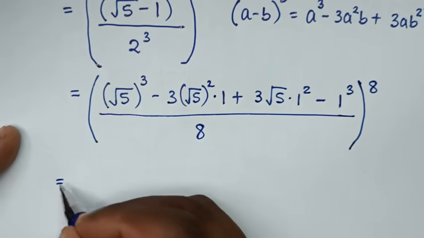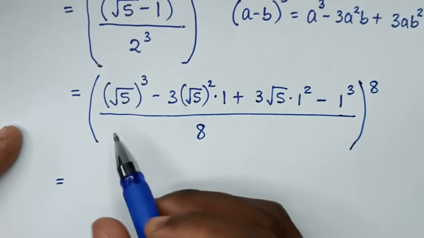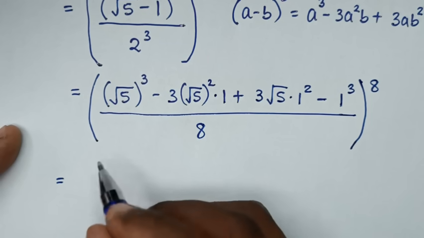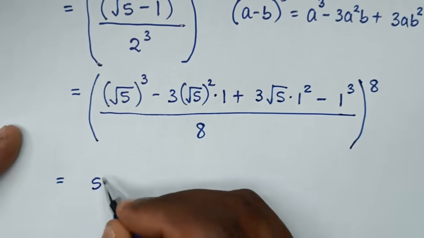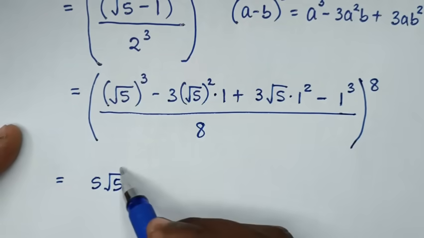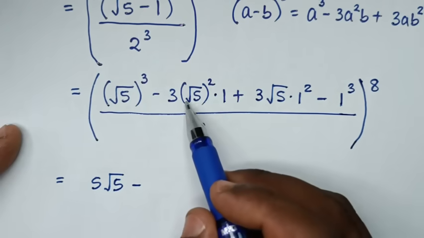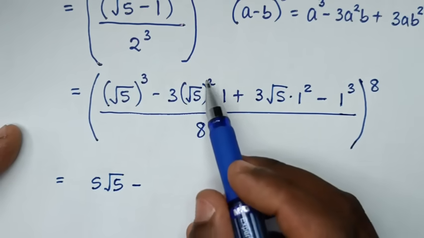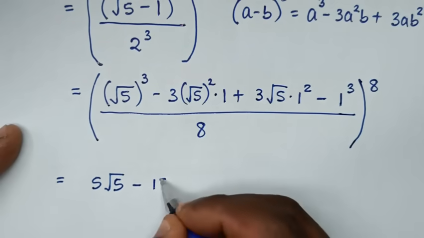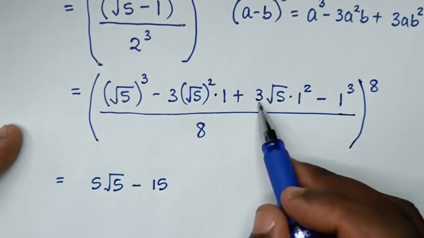Then it will be equal to, from here, square root of 5 to the power of 3 is the same as square root of 5 times square root of 5 times square root of 5, which is square root of 5 times square root of 5, it is 5, then times square root of 5. So here this is the same as this, then minus, here square root of 5 squared is 5, 5 times 3 is 15, times 1 is still 15, then here 1 squared is 1, 1 times 3 times square root of 5,